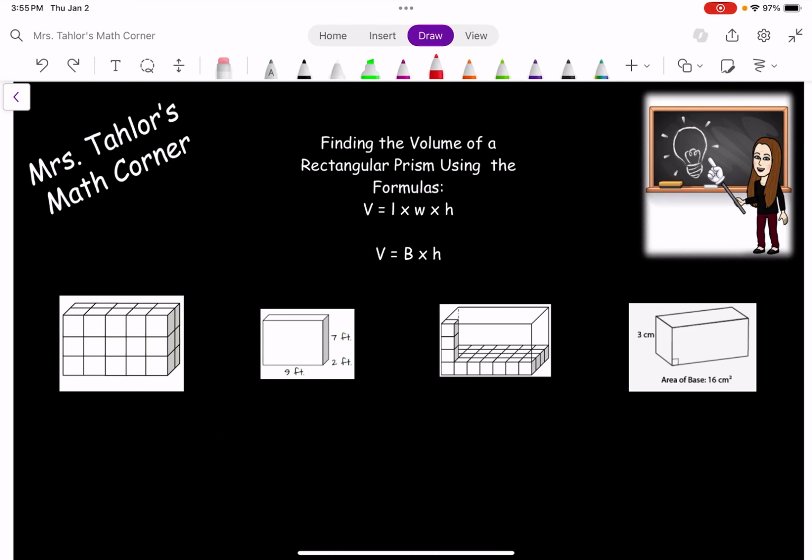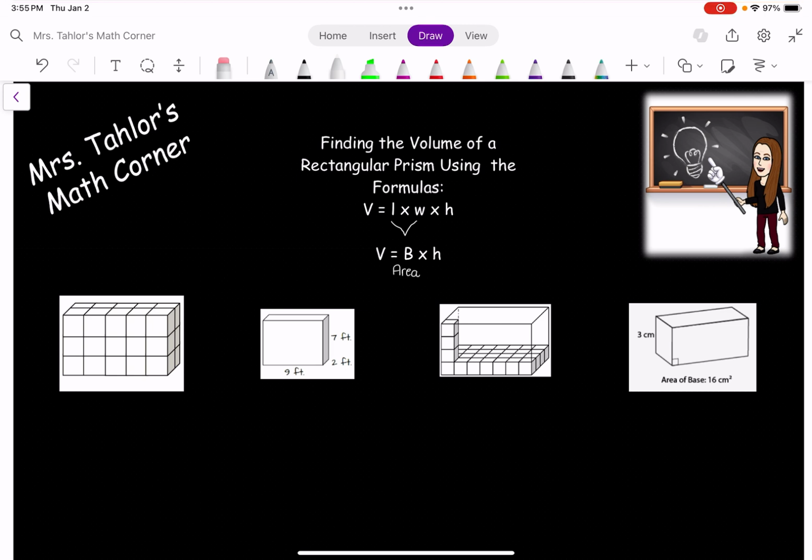Today we're going to learn about finding the volume of a rectangular prism using the formulas volume equals length times width times height and volume equals base times height. We know that length times width is the formula for base or area. So, for the two shapes that are on the left, we are going to use the formula volume equals length